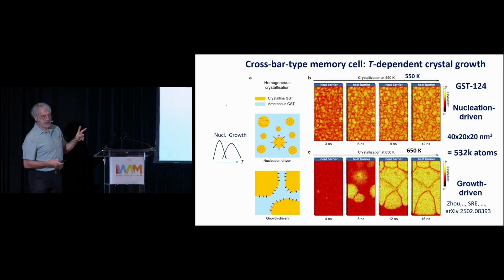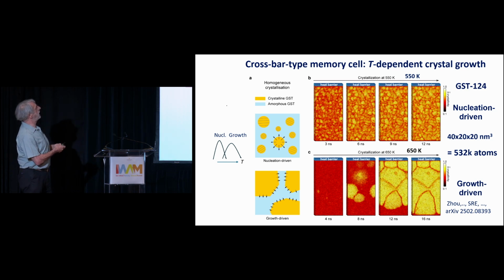So, how do these things crystallize? There are 2 ways of crystallizing. One is that the blue is the glass here, yellow are the crystals. You could have sort of spontaneous, homogeneous nucleation here. That you have to have a certain number of atoms forming little crystal nuclei before they start to grow. This is nucleation driven, and you get lots and lots of very small crystals. Or it could be growth driven, that basically often is just templated out from some interface, and growth is the